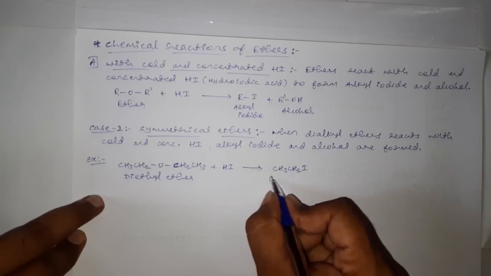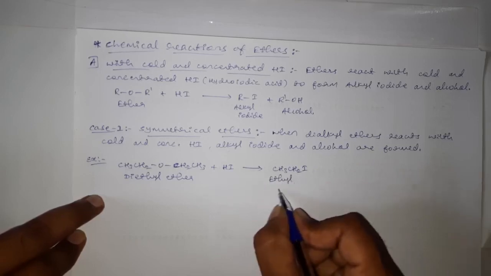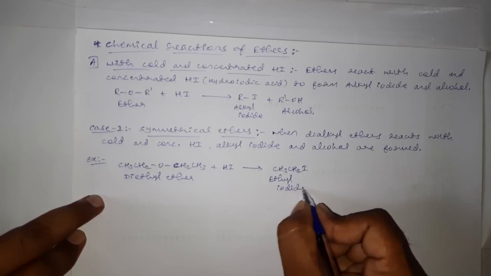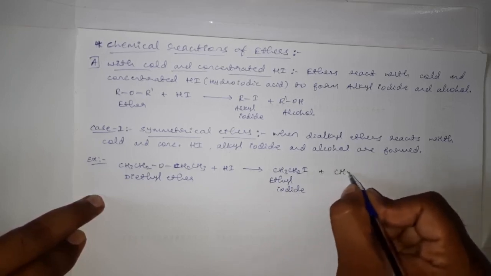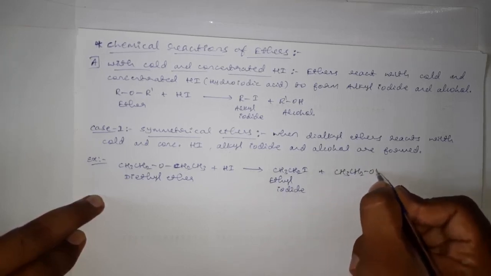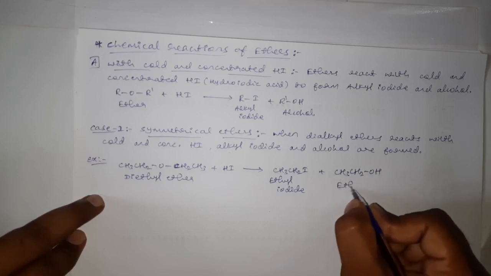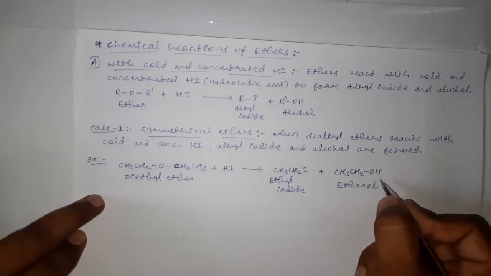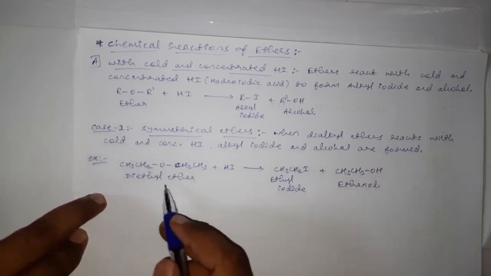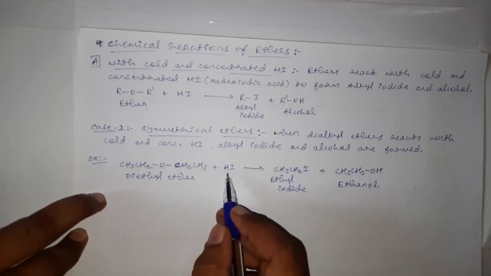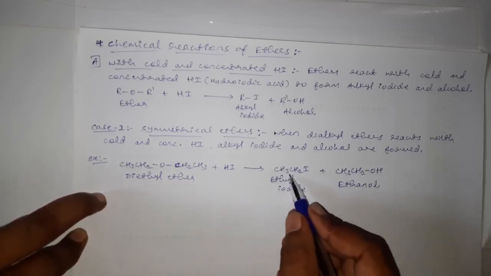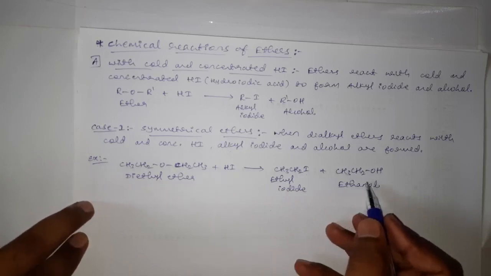This is ethyl iodide plus CH3CH2OH, alcohol, ethanol. When symmetrical ethers are treated with cold and concentrated HI, we will get an alkyl iodide and alcohol